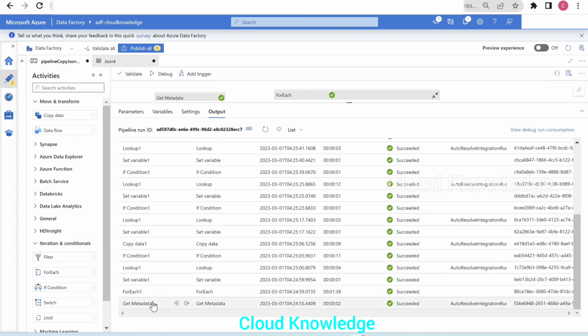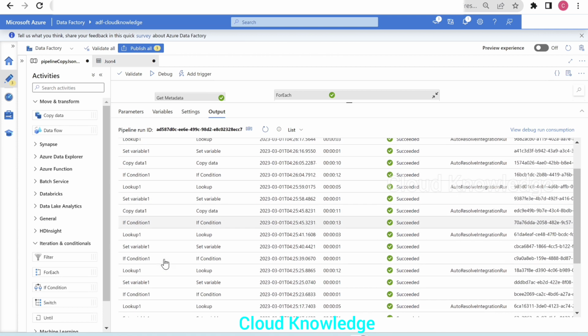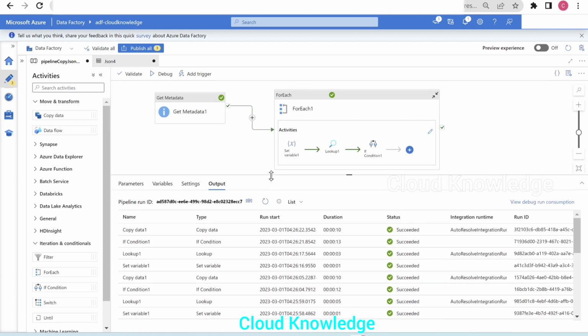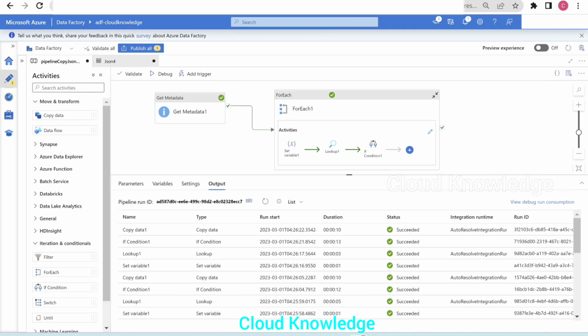No more copy data activities were executed, because for the other 2 it was empty and it has not executed the copy data activity. So this is how we have demonstrated how we can copy only the JSON files which have data, and ignore the files which are empty.